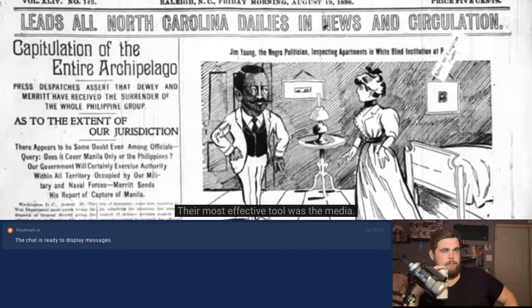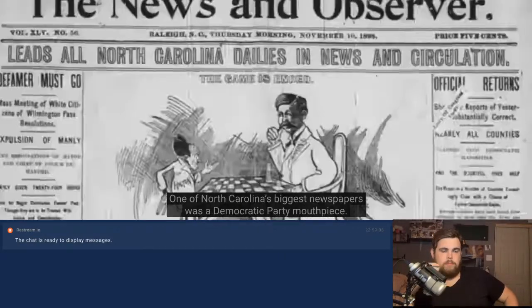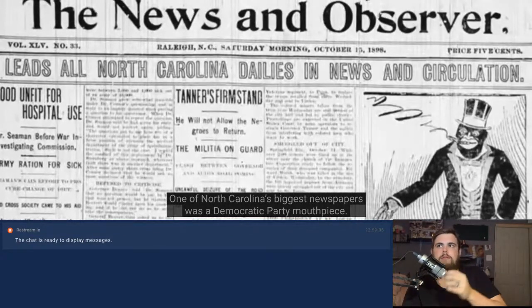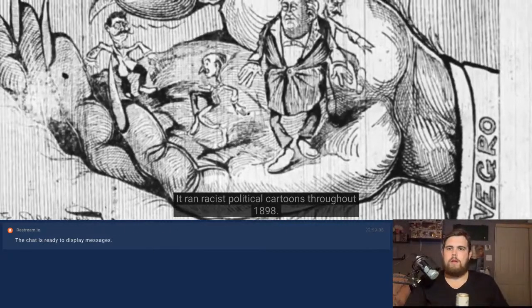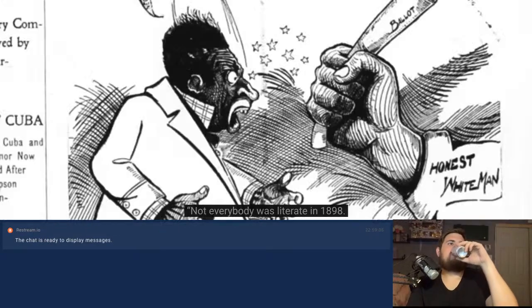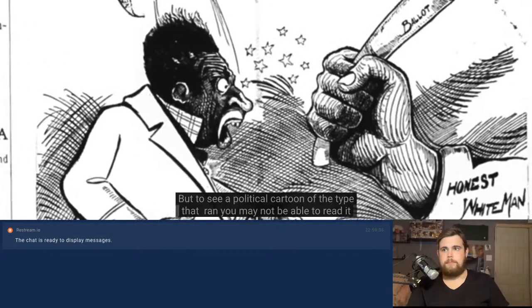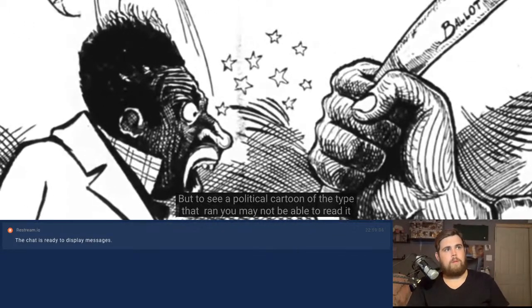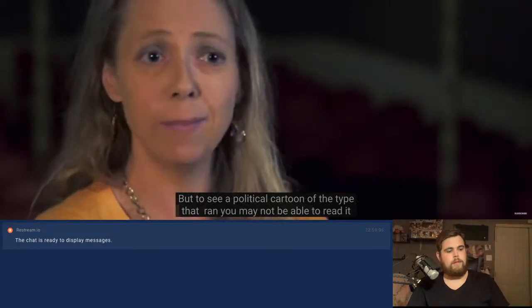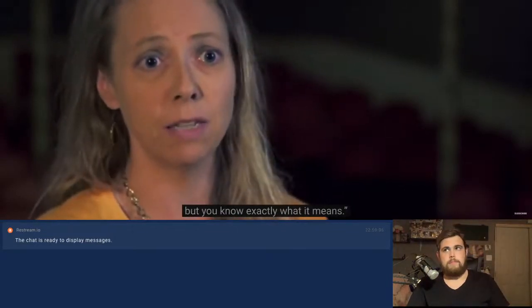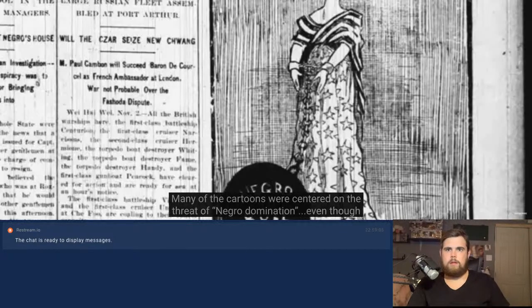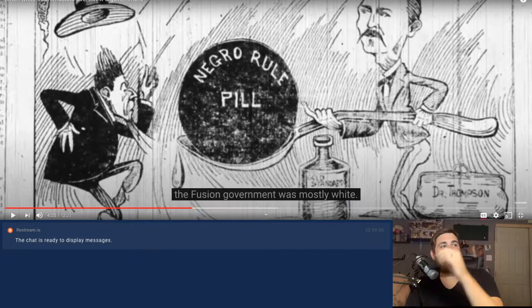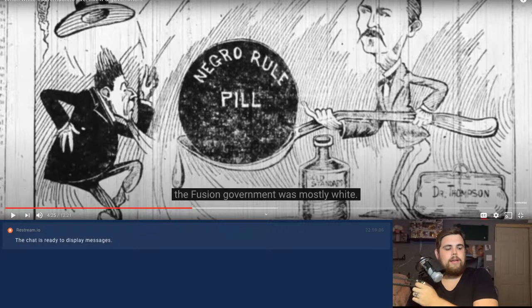Their most effective tool was the media. One of North Carolina's biggest newspapers was a Democratic Party mouthpiece. It ran racist political cartoons throughout 1898. Not everybody was literate in 1898, but with a political cartoon, you may not be able to read it, but you know exactly what it means. Many of the cartoons were centered on the threat of Negro rule, even though the fusion government was mostly white. This is a very crass, very white supremacist direct version of